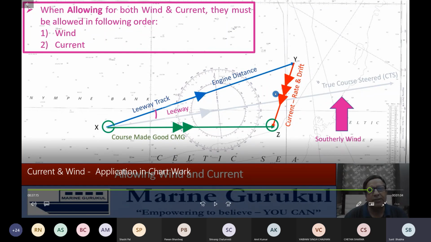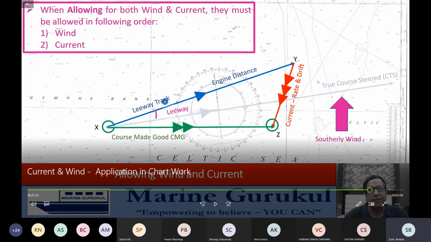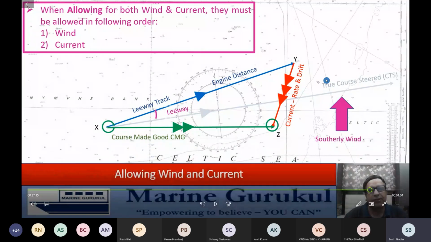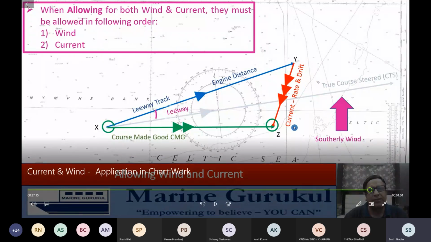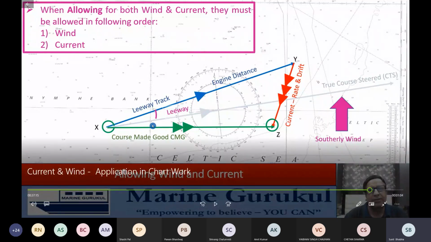ये काम तो हम इस केस में कर रहे हैं जब हमारे पास GPS नहीं है. We don't have the GPS. What we have access to is only our gyro, which gives us the course steered, and the Doppler log in deep waters, which is running on water track. यही दो हैं हमारे पास, और हमारे पास ये इंफॉर्मेशन है कि करंट का सेट एंड रेट या सेट एंड ड्रिफ्ट कितना है. This information is picked up from, let us say, sailing directions and the routing charts. So in that scenario, this is how we are going to find out the course made good.